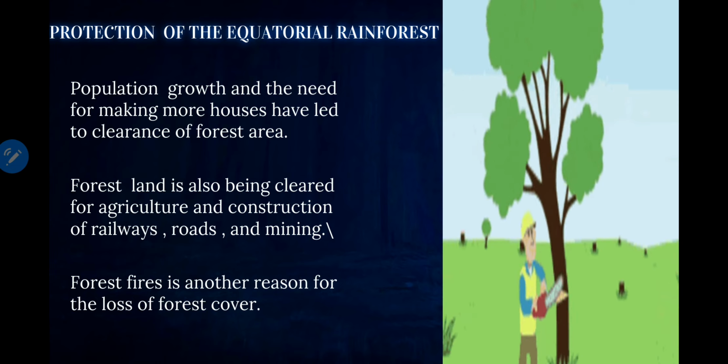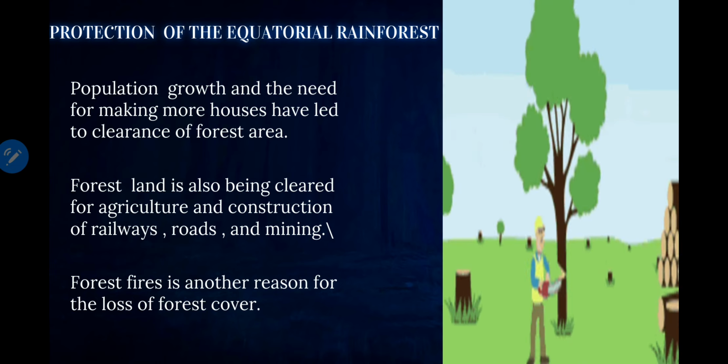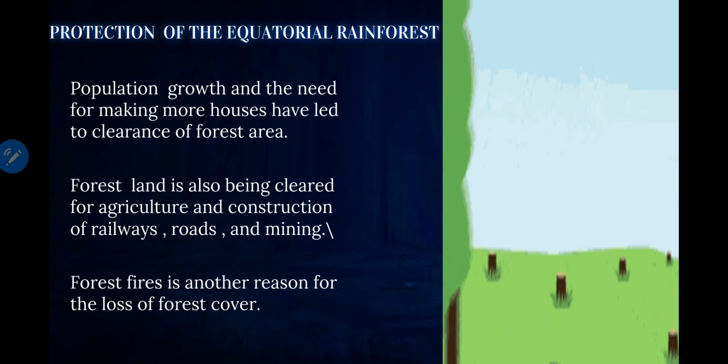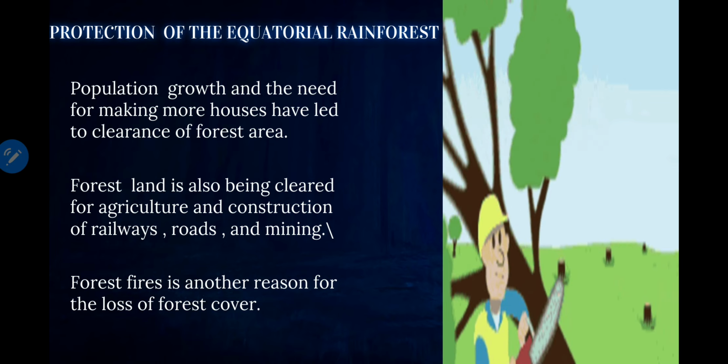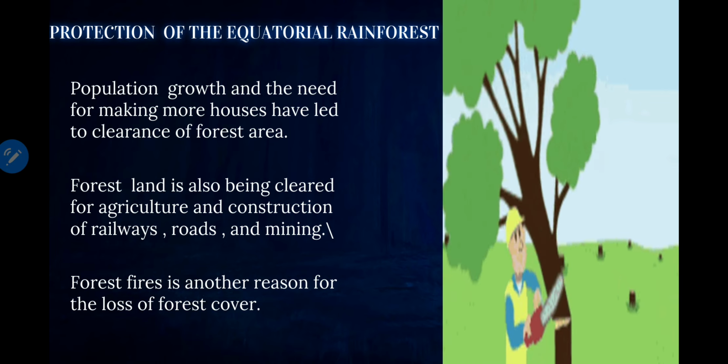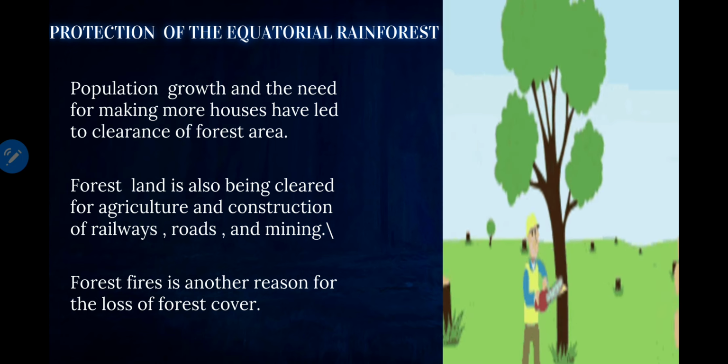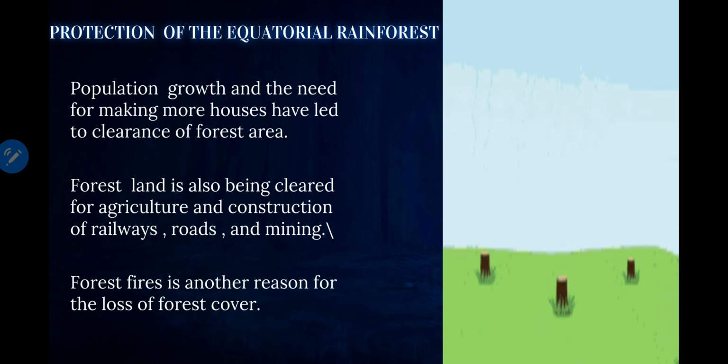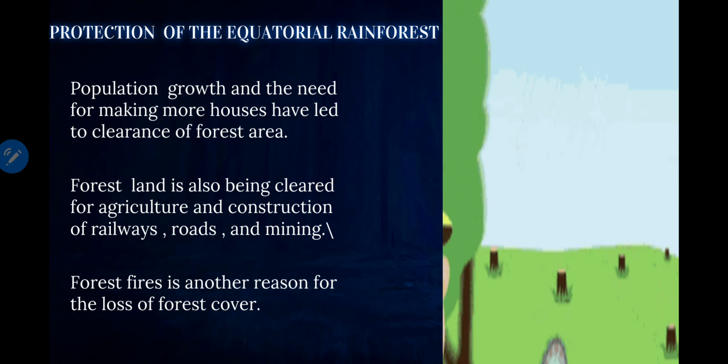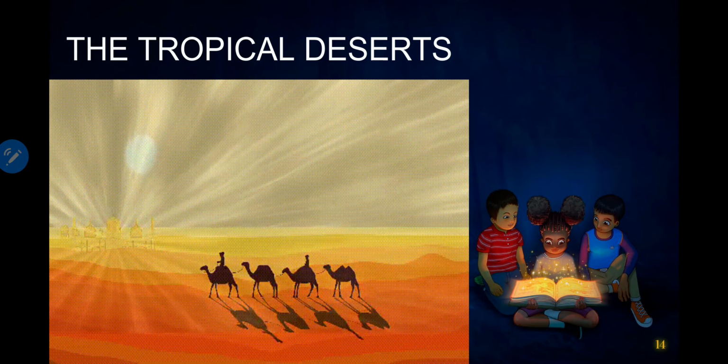Forest land is also being cleared for agriculture and construction of railways, roads and mining. Forest fire is also another reason for the loss of forest cover, right? So, as we have learned everything about the